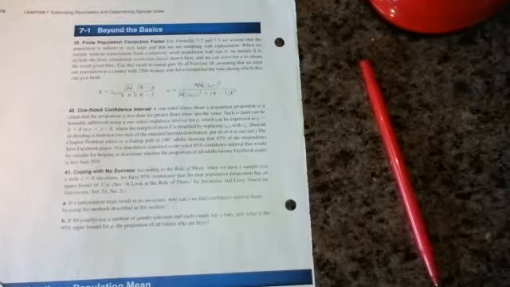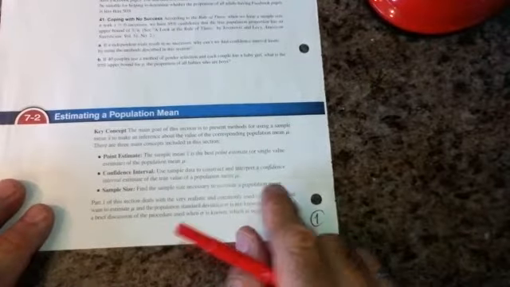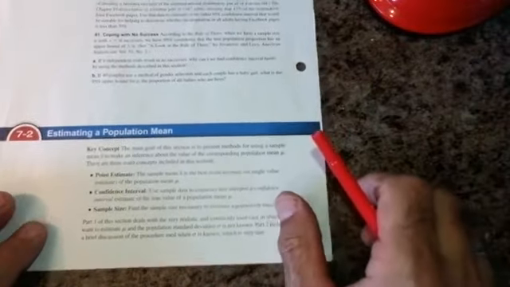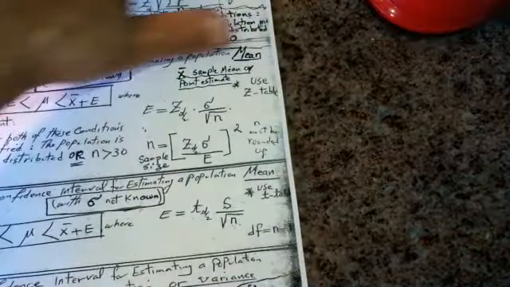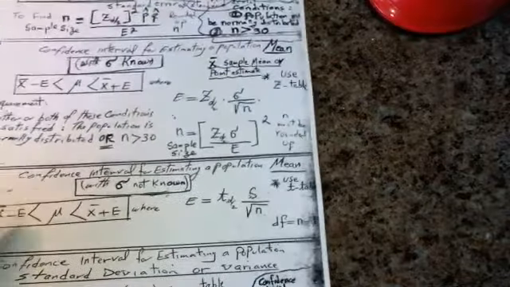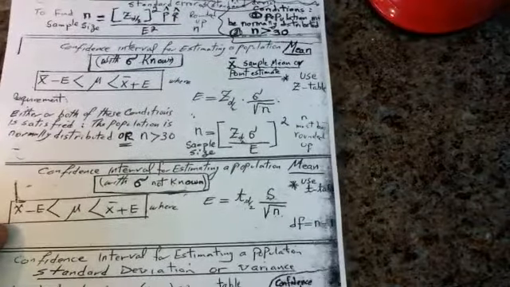Section 7.2, statistic. Estimating a population mean. Now, in this section, we can look at the summary formula, and the second case,